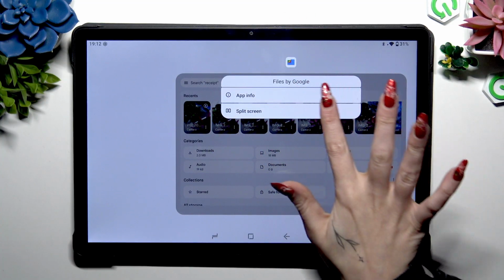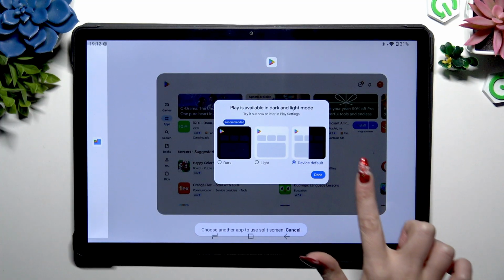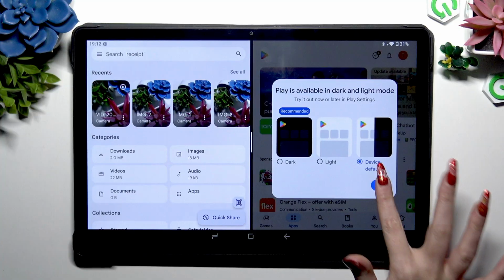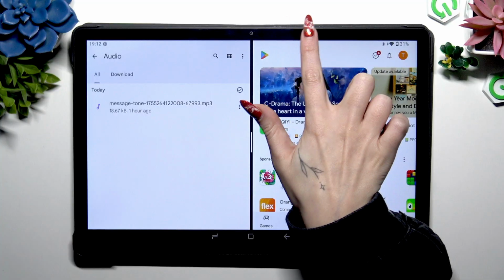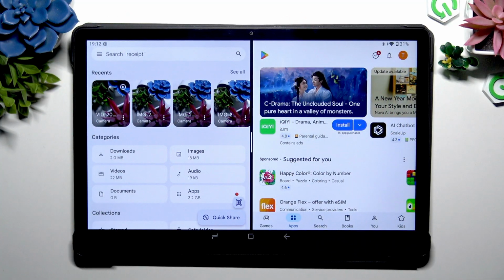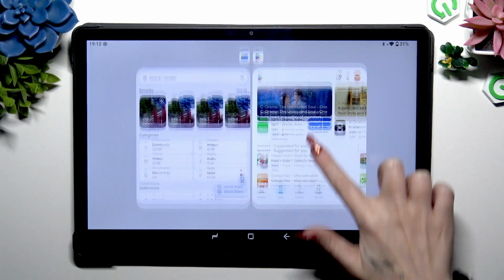select split screen and click on the second app. As you can see now, I can use both at once. If you wanna go back from this mode, you can either go into background apps again and swipe them,